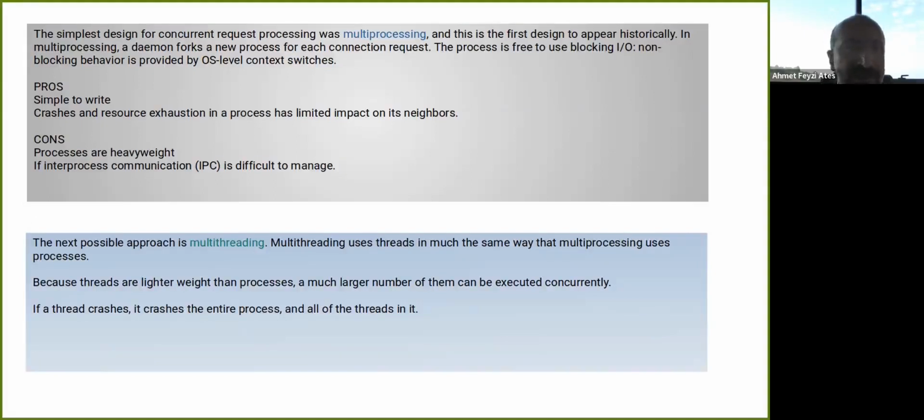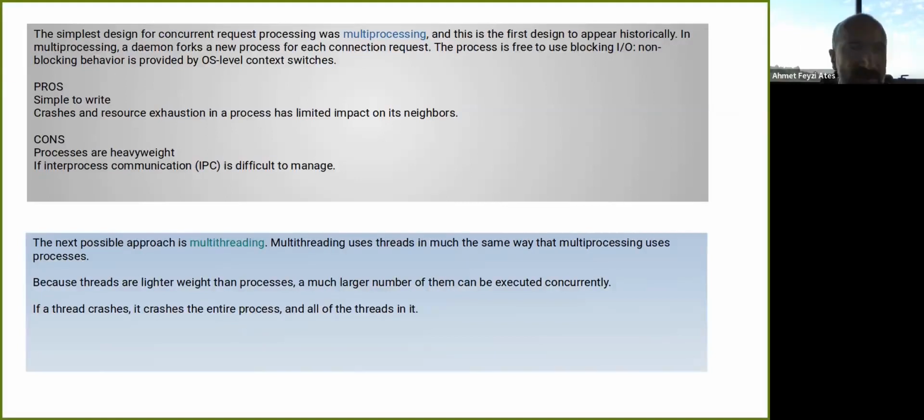In multiprocessing, a daemon forks a new process for each connection request. The process is free to use blocking I/O. Non-blocking behavior is provided by operating system level context switch. What does this mean? You fork extra processes to make concurrency. What are the advantages of this approach? Very simple, right?